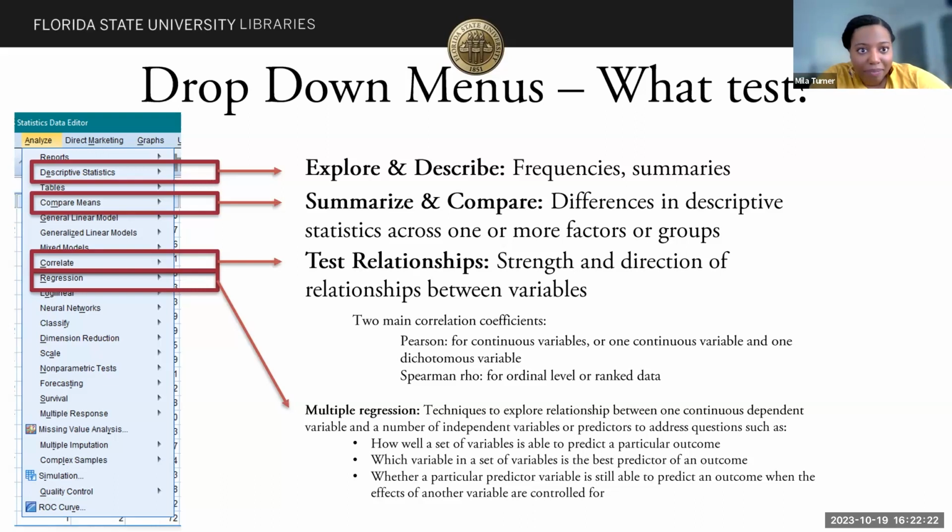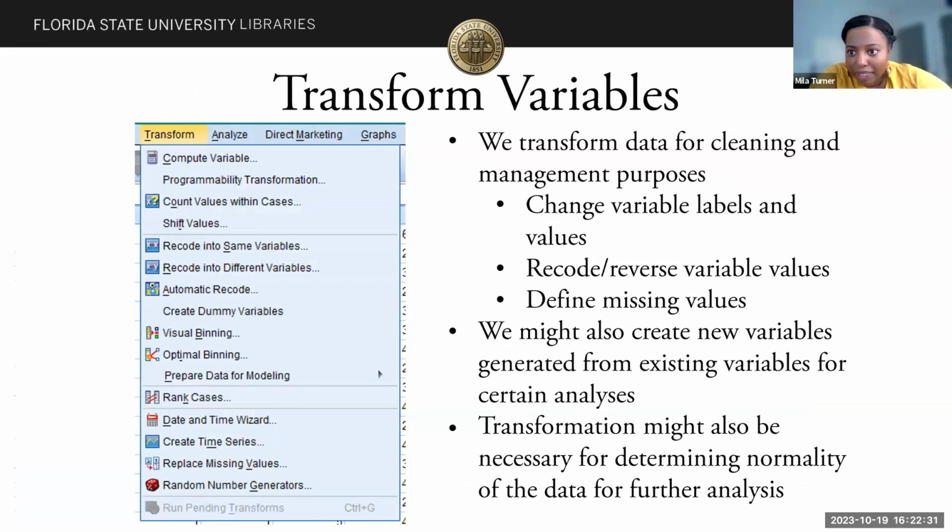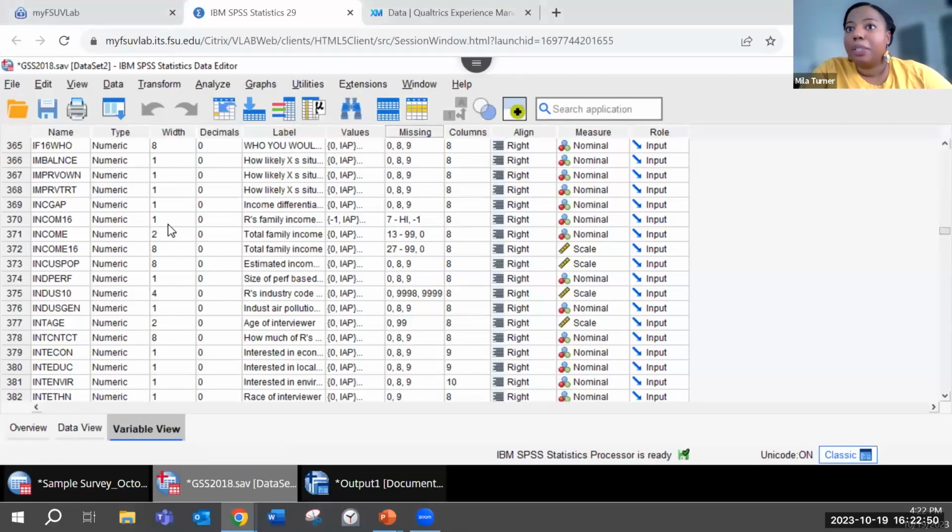I already talked about transforming variables, so I'm just going to skip that. And I think we can go ahead and go back to the data. And then I'll show you correlation, yes, and then a few of the other statistics. I'm going to find that screen again. There it is. Okay. So back in my variable view,